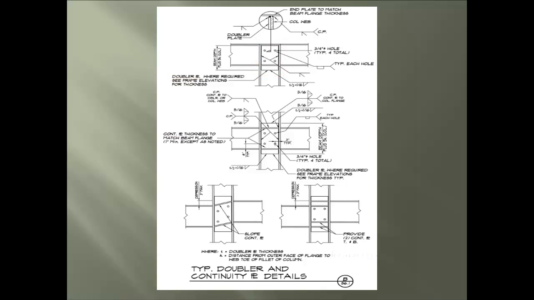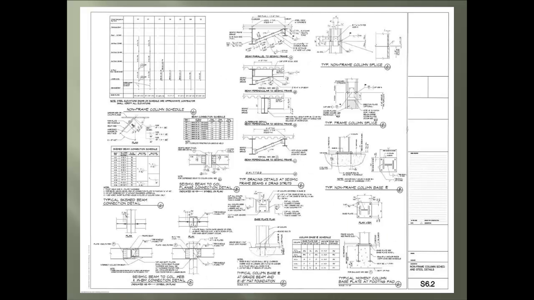Okay, moving into this detail, we have the condition for at the top of a column. Next, we have the condition at mid-height of the column. Then, the condition covering sloping continuity plates, while finishing with an offset condition. We will finish the segment with the